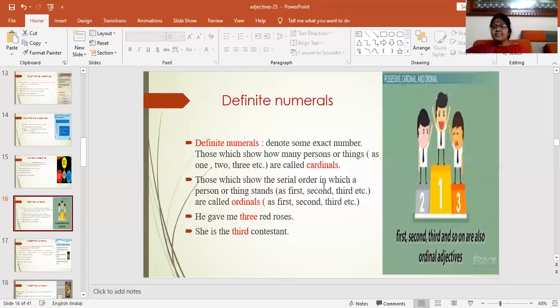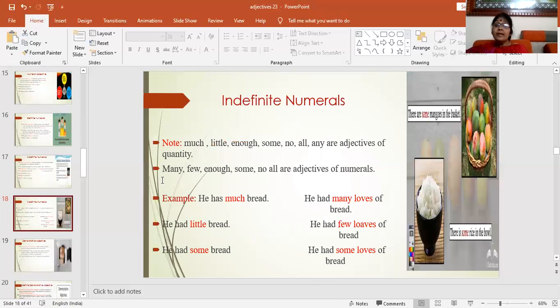For example, let us understand this. He gave me 3 red roses. This is cardinal, right? She is the third contestant. This is ordinal, right? Serial order. So this way we will use our definite numerals. Then indefinite numeral,